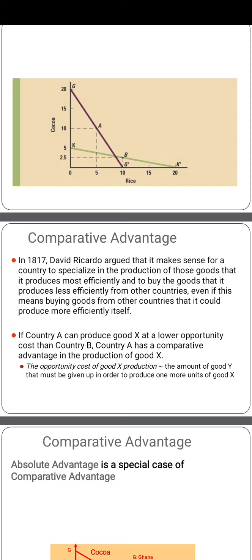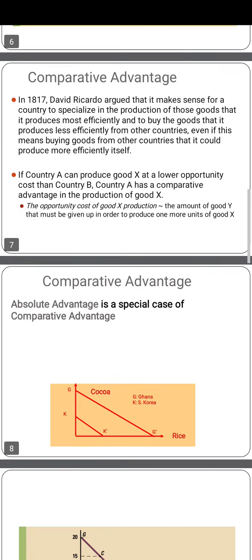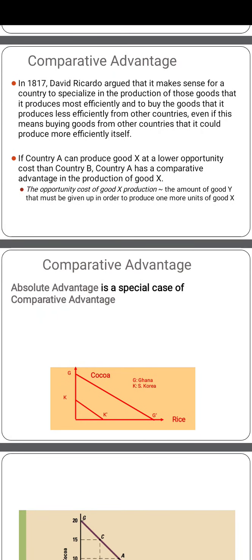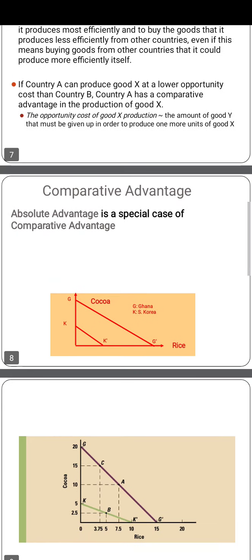If country A can produce good X at a lower opportunity cost than country B, country A has a comparative advantage in the production of good X. The opportunity cost of good X production is the amount of good Y that must be given up in order to produce one more unit of good X. So here you can see that absolute cost advantage is a special case of comparative advantage,